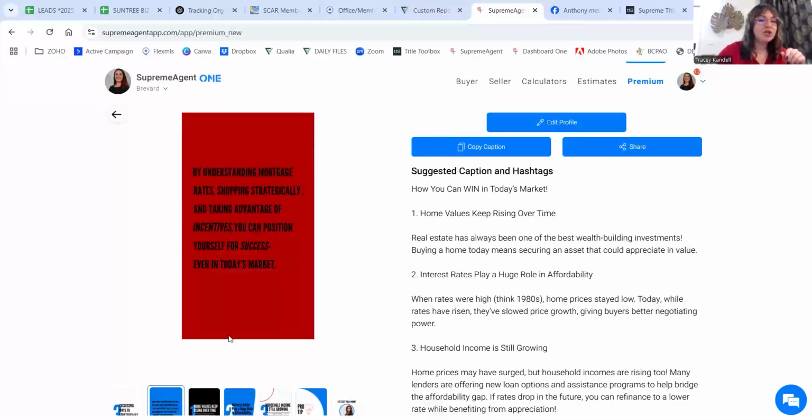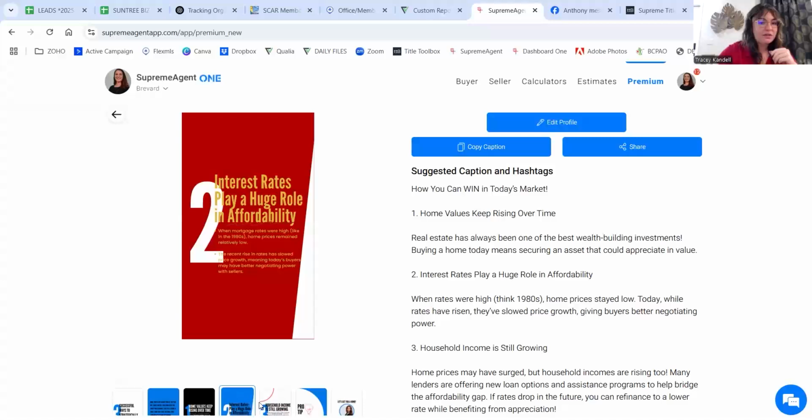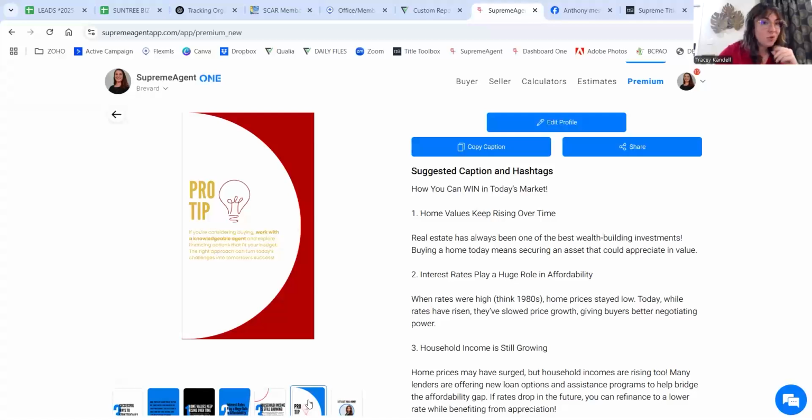So by understanding mortgage rates, shopping strategically, et cetera. Everything that they put on here is so easy to understand, even for the layman. You don't have to be a professional realtor to get this stuff. Number one, home values keep rising. Number two, interest rates. Number three, household income. Then you have a pro tip. We love a good pro tip. And then at the very end,